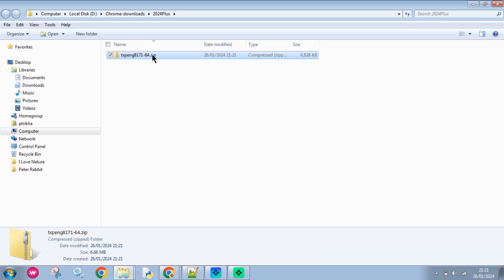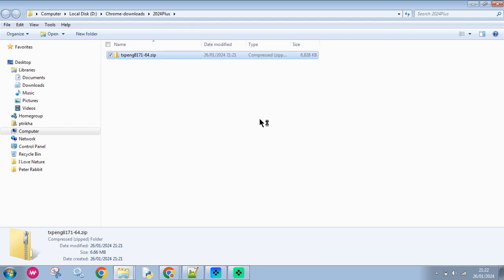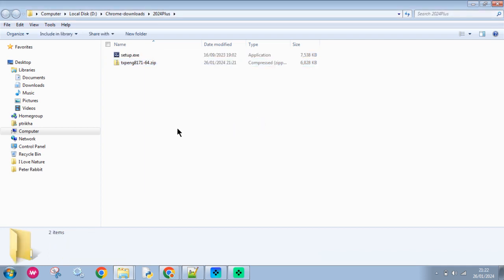I will use 7-zip, but you can use WinZip or any other unzip tool that you have. So I will just click it here, and then I will go to 7-zip, and then to the extract here option. So it has extracted a setup file,